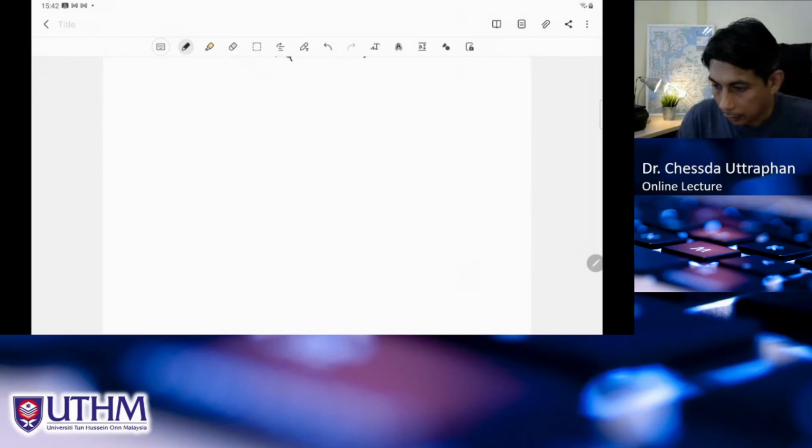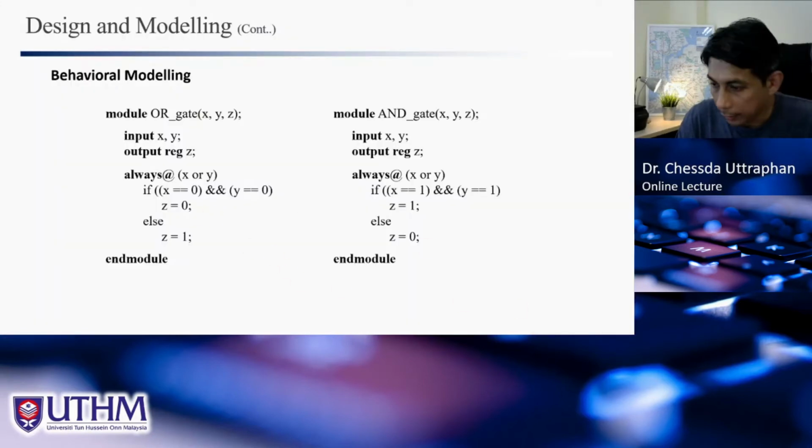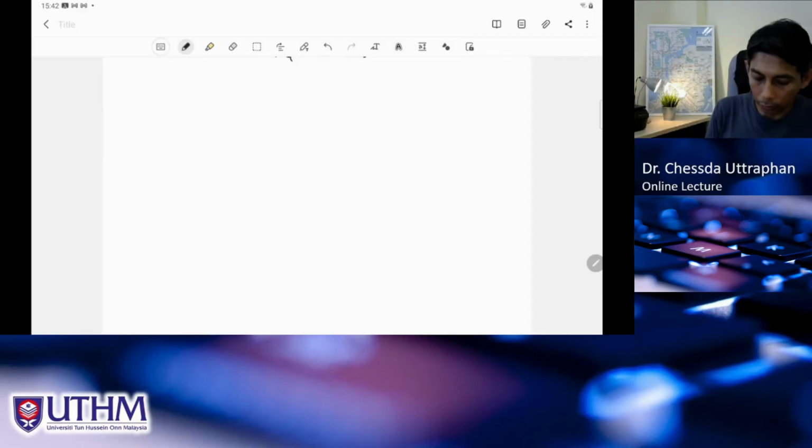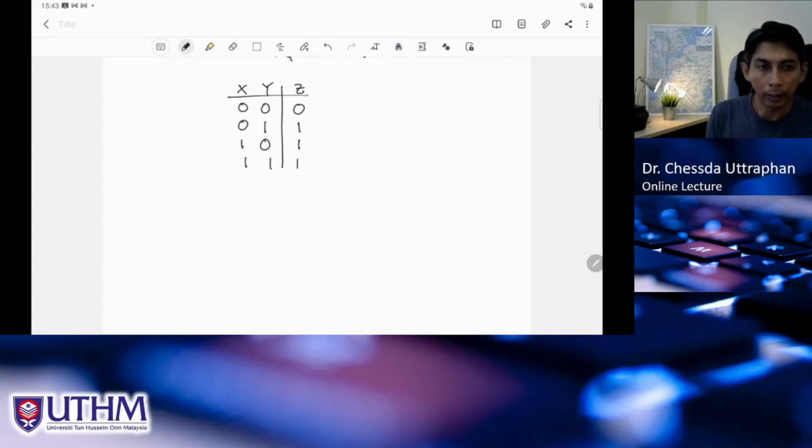So we have what is the input? We have X and Y and Z. The output is Z. So the OR gate is this X, Y, Z. So we see 0, 0, 0, 1, 1, 0, and 1. So the OR is 0, 0, we have 0. And other than that, we have 1. All right. And see,